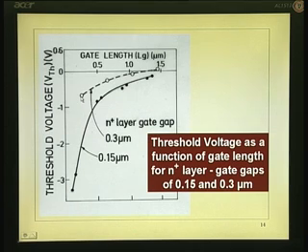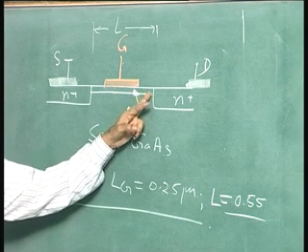Okay. The effect is worse if you keep the n plus layer gap at 0.15, uncontrollable. See the threshold voltage, what is 0.1, well, close to 0 here. When you reduce this thing to something like 0.25, it is way down there, minus 3 volts, etc., which you cannot tolerate. What could be the reason for this? Okay. There are several reasons. One of the reasons is, if you remember,